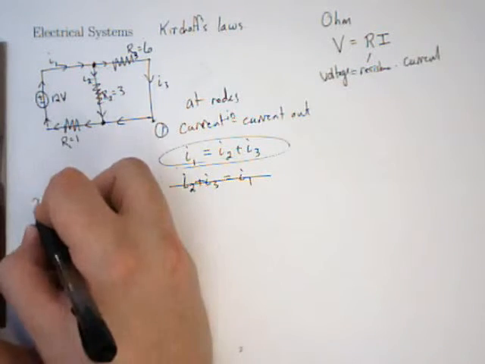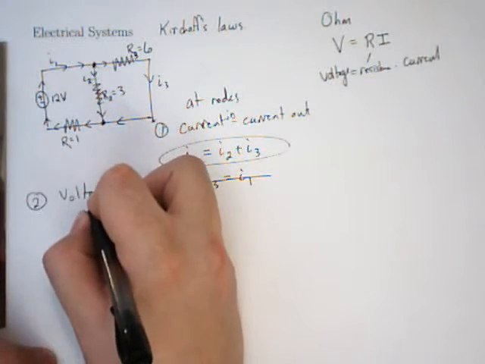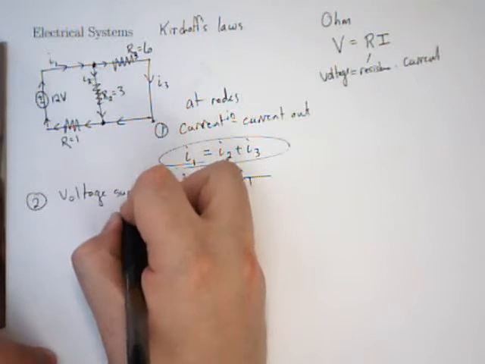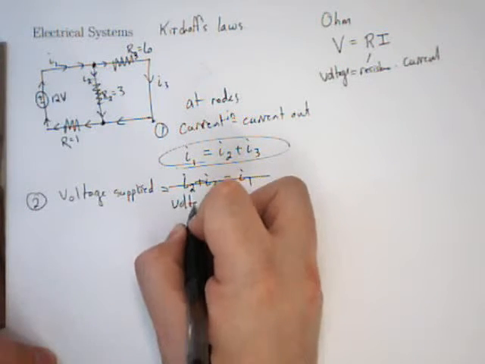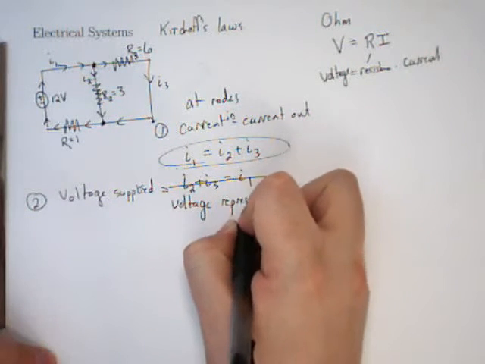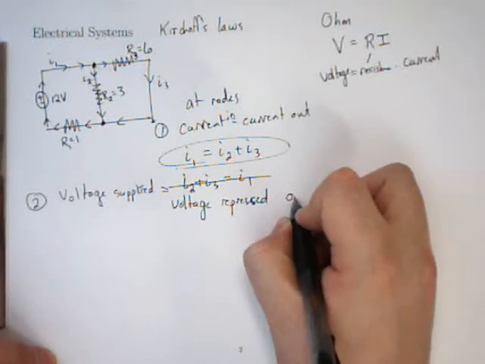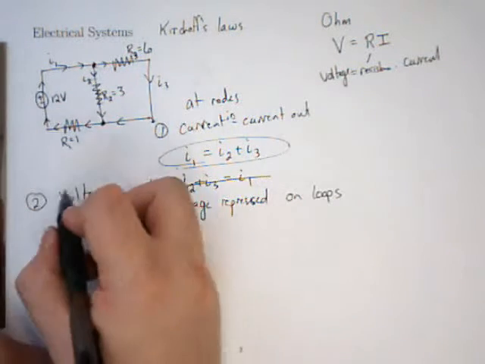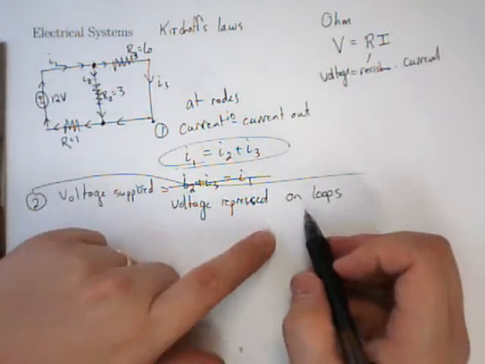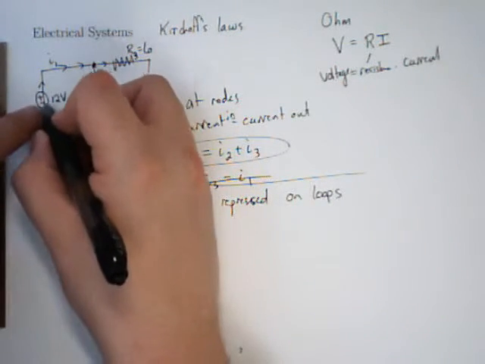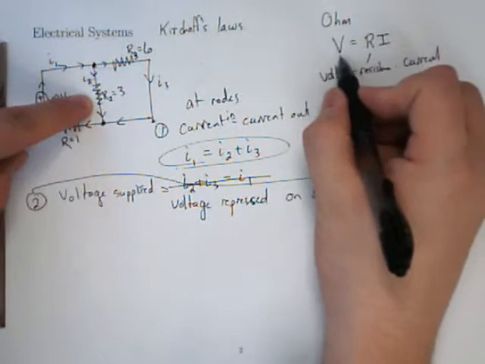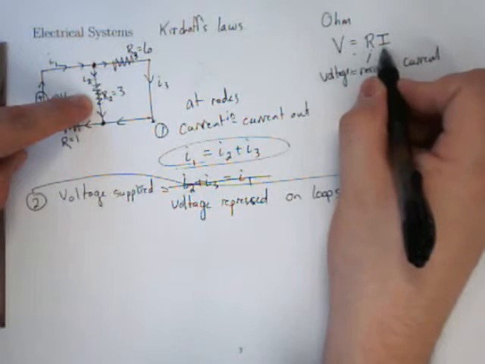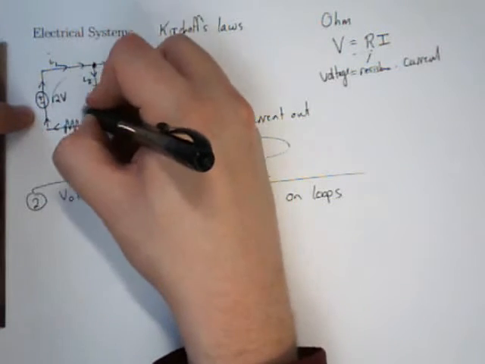The second law is that voltage supplied equals voltage repressed on loops. Voltage supplied is voltage repressed on loops. What? Well, batteries supply voltage. This is supplying 12 volts to the system. Every time you encounter a resistance, voltage is dropped based on the resistance times the current. So, as I go around a loop,